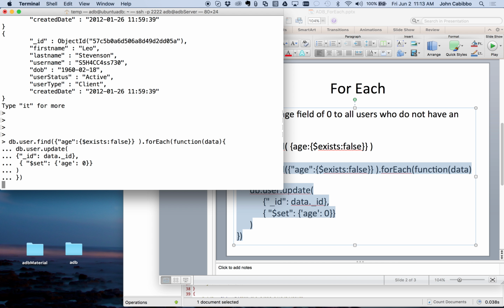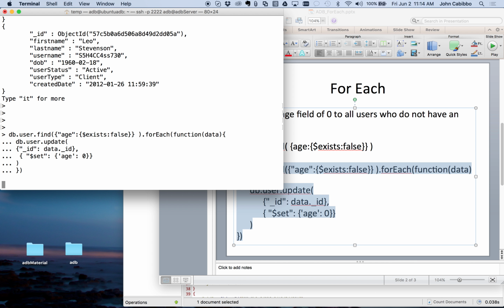And if I run that, it is running. It's going to take a moment again because it's looping through that 97,000 documents and then modifying each document by doing a set on that age field. So this may run just for a little bit, and then when we come back we're going to rerun